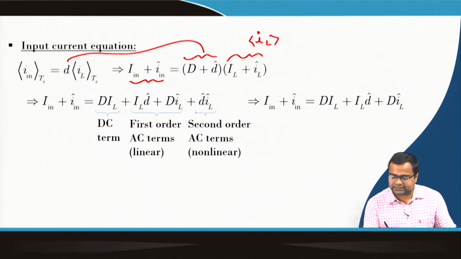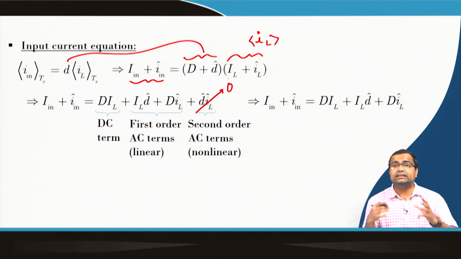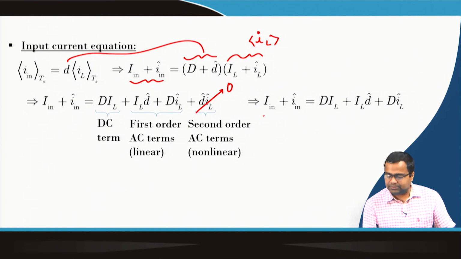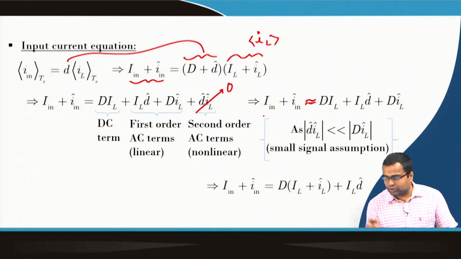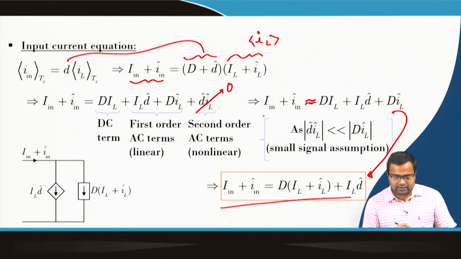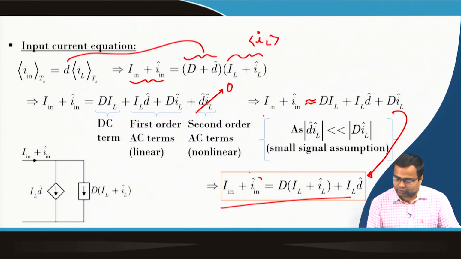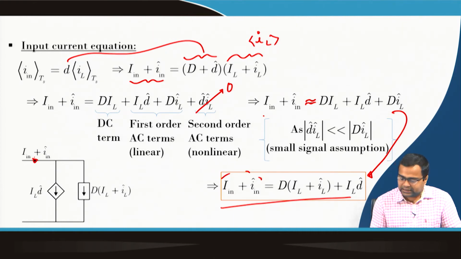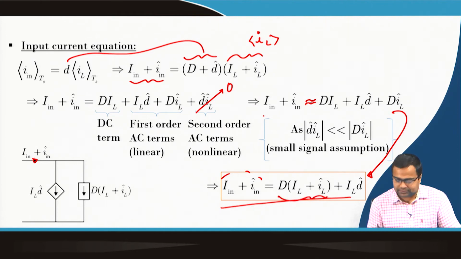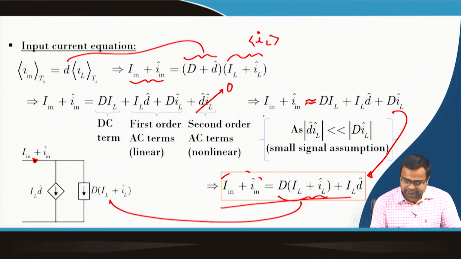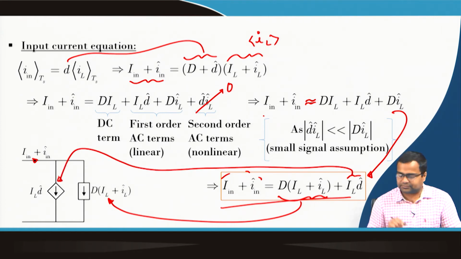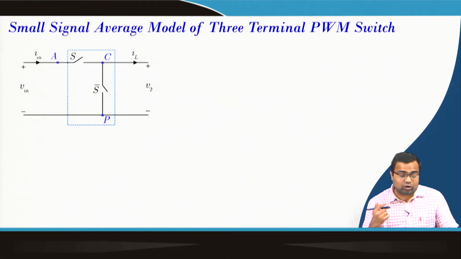Then if we ignore this term, because we are talking about a linearized model, then we can simply approximate this term to get this, and under small signal approximation these equations can be written, that means from here, and then we can draw the circuit. Because this is the total current which is coming, the input current is divided into two parts. This is one current which is here, and this is another current which is here. Okay. So, we can combine together.